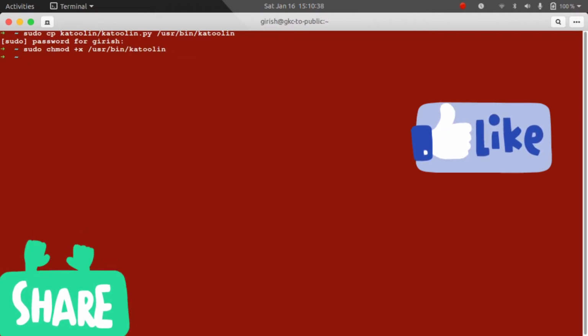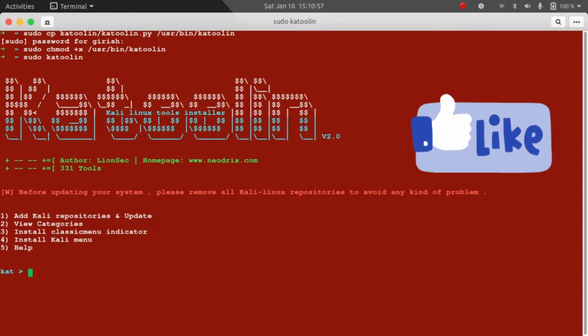Hit enter. So if you have written it correctly, it will be accepted. Then later we are going to run it as sudo catalin. So after entering, you will get a new window like this.